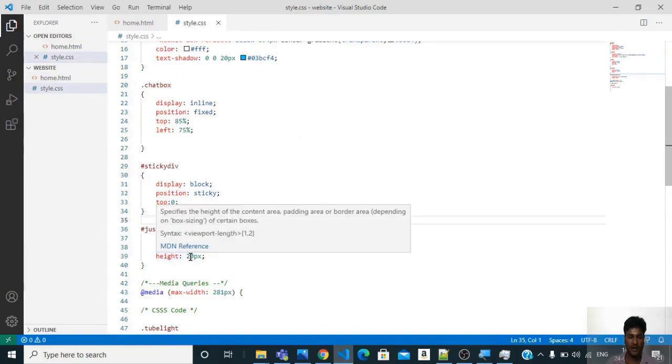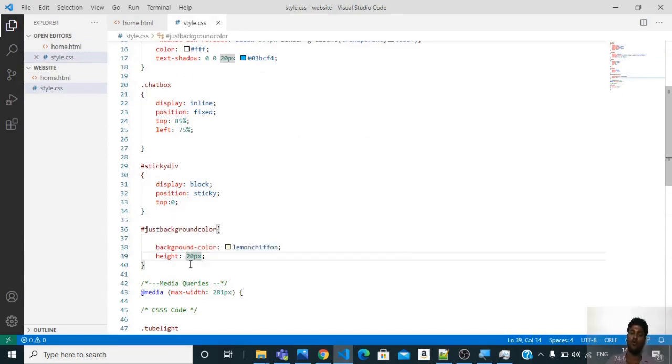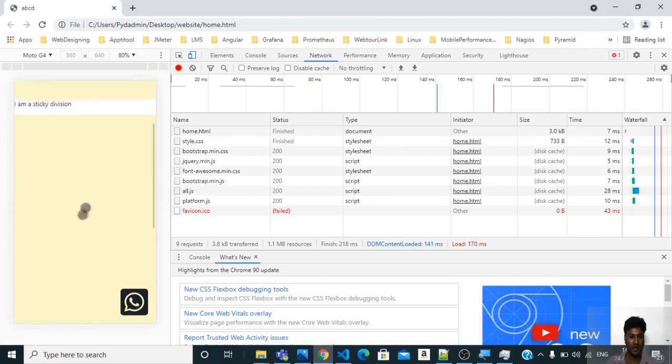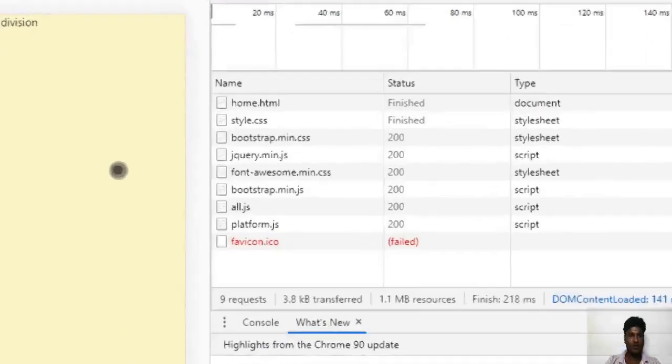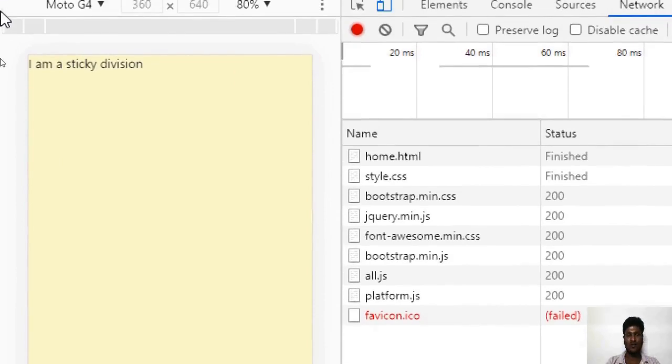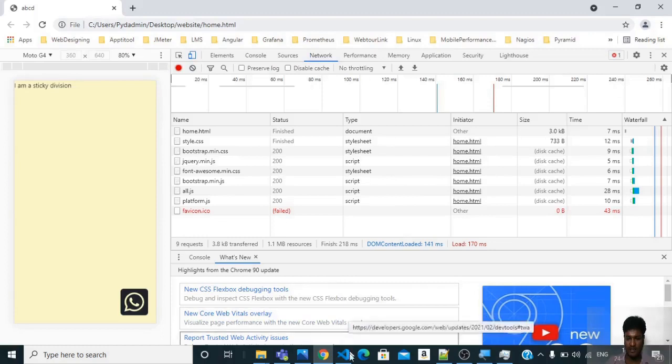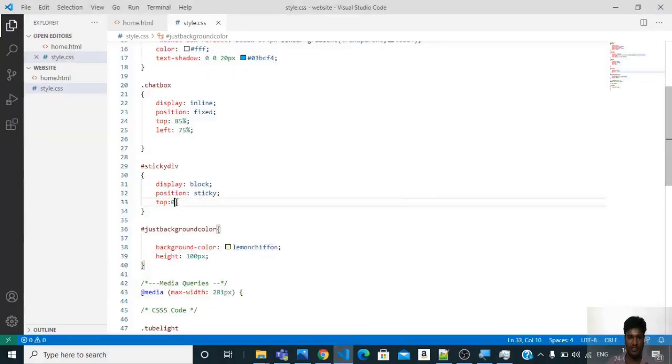Rather than copy pasting it more over there, I will just increase the height of these divisions multiple times. As you see, now this scroll is working. But as I scroll, you will see that I am a sticky division sticks on the very top, even if I scroll down. What we said is it should stick to the top when top is equal to 0. If I go ahead and change it, saying it should stick to top when top is equal to 10 px,